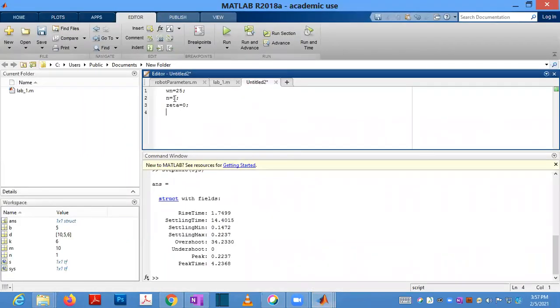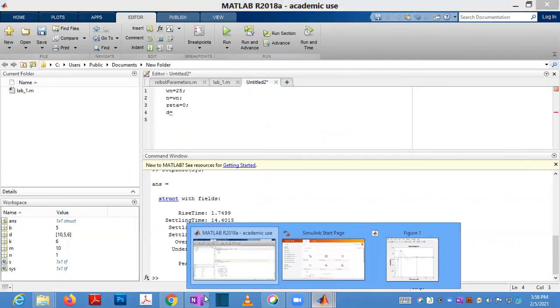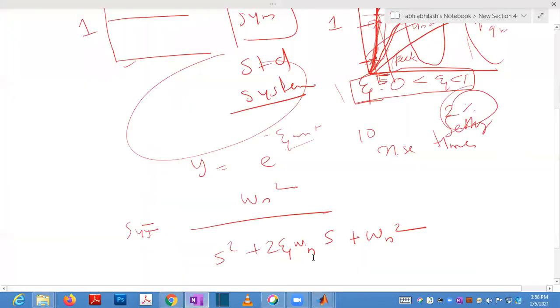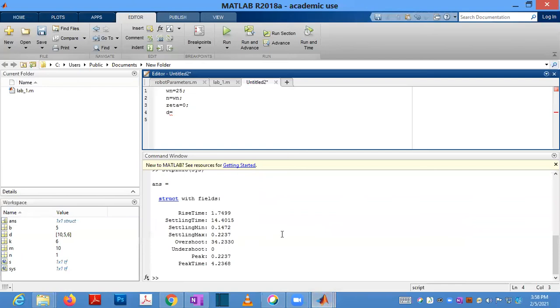First theta is 0 and the numerator will be omega n square. The denominator polynomial will be d equal to this. You have to enter s square, so 1, and 2 star theta star omega n, space, omega n star omega n.